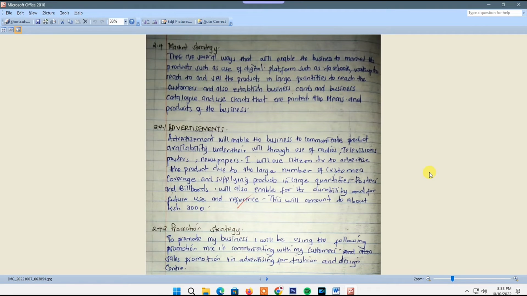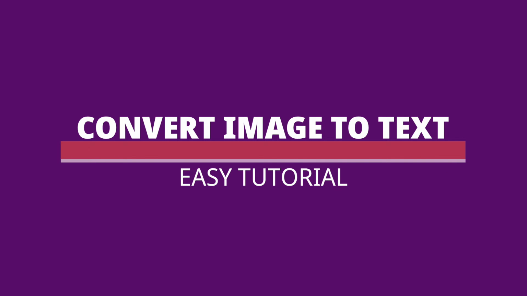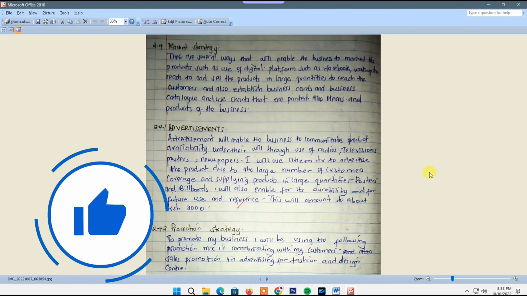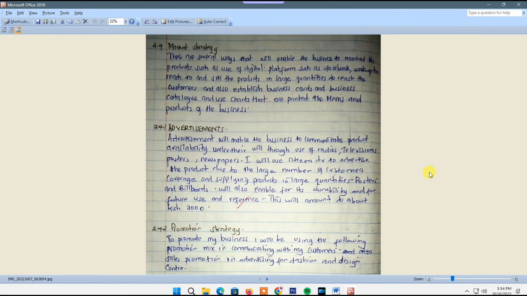In this video, I'm going to show you how to convert image to text. So here on my desktop, I have an image that has some text that I want to use in a certain document. So I'll have to convert it to an editable document. So if you are in the same situation, let's get started with our video on how you can convert image